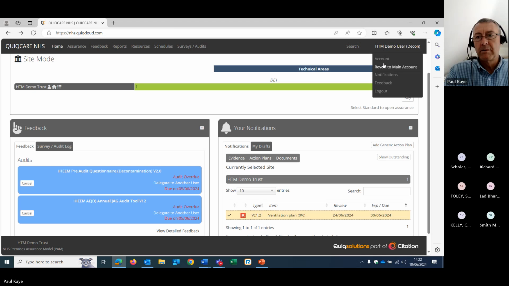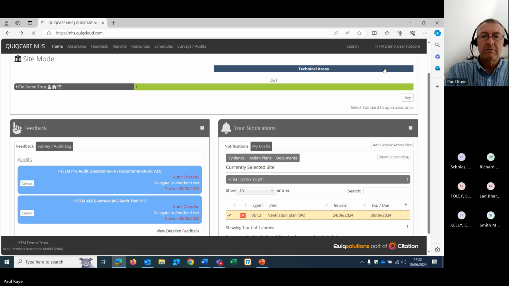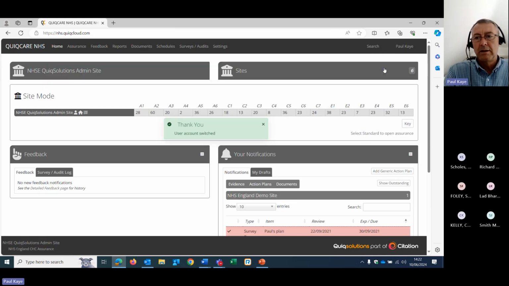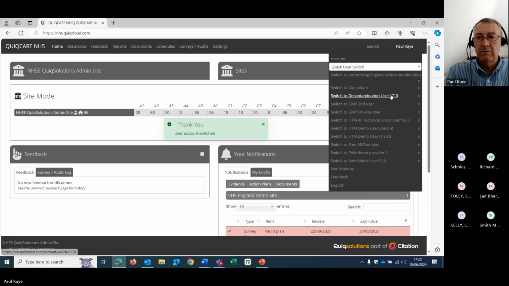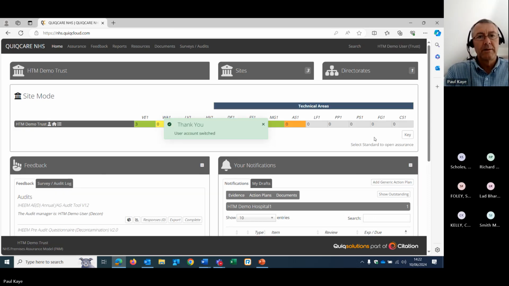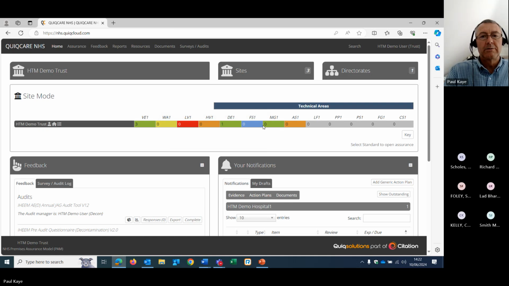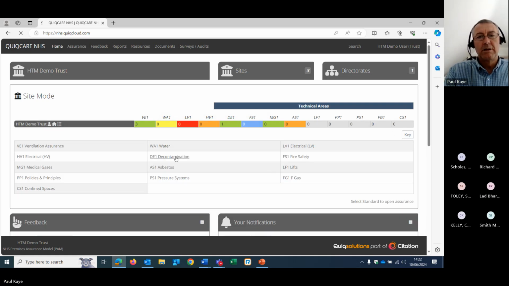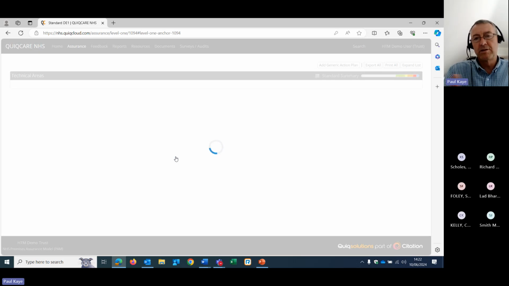So if we go to the trust view, just to show you what you might do with it. The trust would see for decontamination that there's been an audit, and it would display in the appropriate section.